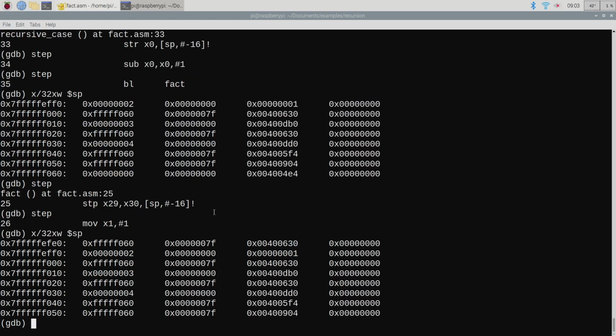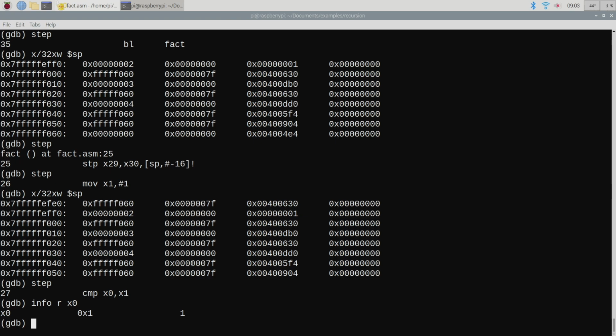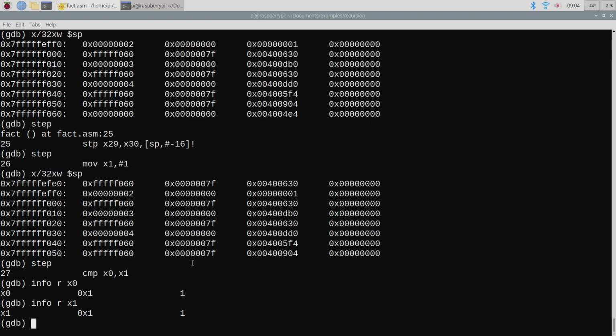All right, so I just pushed more stuff onto the stack. And notice what I've got now. Link value, value, value, value. Okay, but what's about to happen? Well, first off, what's in X0 now? 1. What's in X1? Okay, is 1 less than